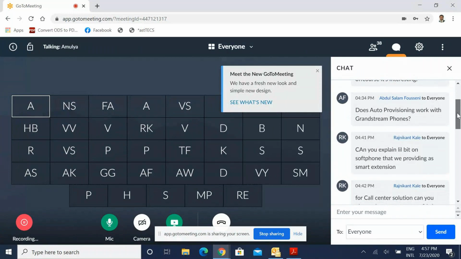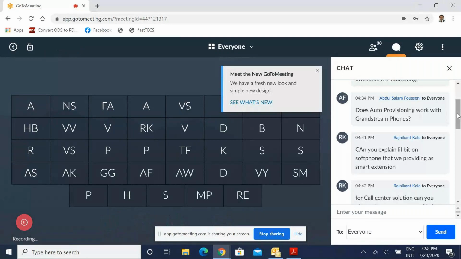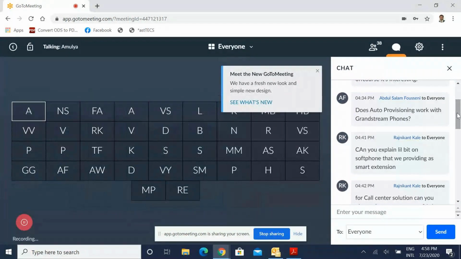Does auto provisioning work with Grandstream phones? It is from Mr. Abdul. Yeah, see, sir, as I have confirmed to you, 100% with all Aztecs IP phones, auto provisioning we have already done, and we are offering it. With other phones like, as you said, Grandstream or Cisco, which are largely already in use with our customers, we are testing it, and it is a phase we will be giving. Of course, for all the models of Grandstream, Fanvil, and other models, it is not ready with us. But yes, of course, we will add to the list. But for now, it is Aztecs phones.